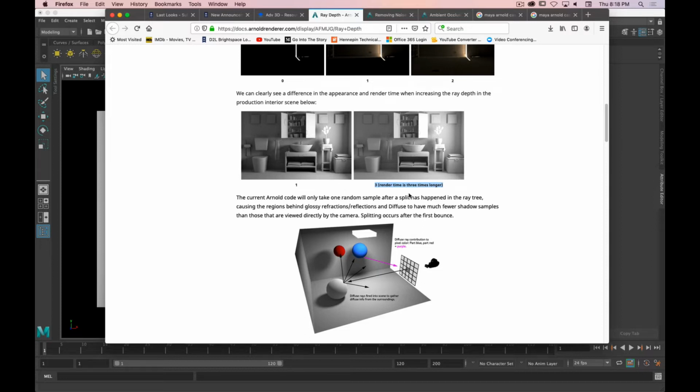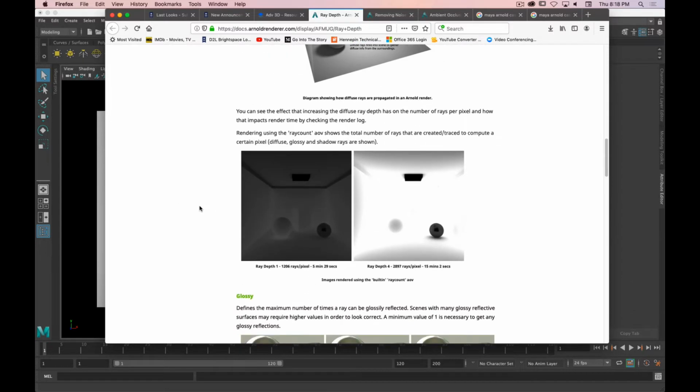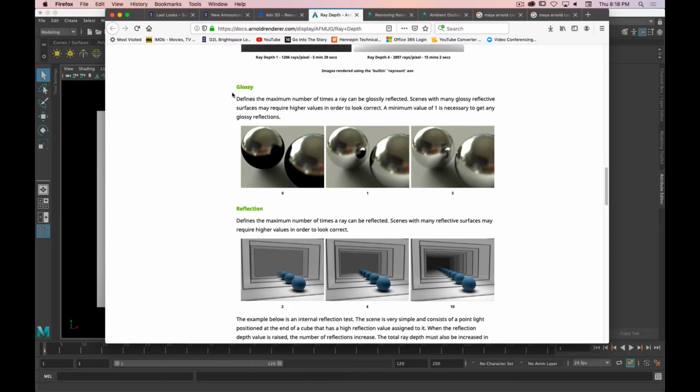Again, we're only doing still frames, so you should be okay to crank that up a bit, which is something to keep in mind. Same thing with glossy. So if you've got a lot of glossy things next to each other and you're seeing random black spots in these reflections, it's because the ray depth isn't high enough. A light ray is bouncing off of one object and then that's it. If you need to up that ray depth so that it can bounce off of that object and the object next to it and then fill in those reflections. Okay, so it's like the number of bounces